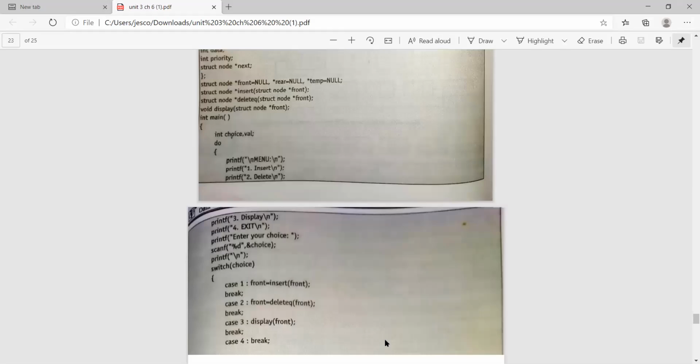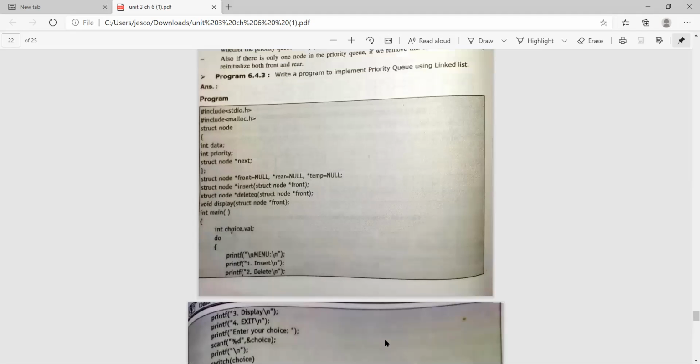Okay, so now how will you implement this in a program? Write a program to implement priority queue using linked list. First of all, we have to declare the libraries, that is stdio.h and malloc.h for the memory allocation. Then we have to create one node.